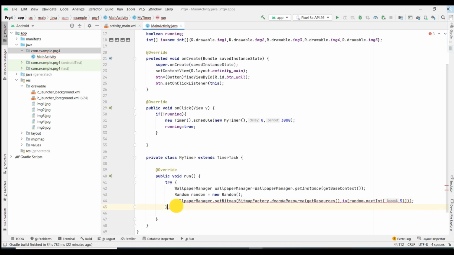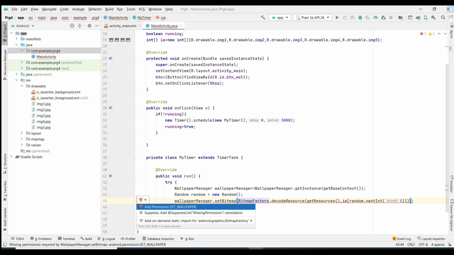And since I have made use of this try, I need to make use of catch to handle the exception. So the catch block, right? So just open that and close that. And catch of what, if it is an IOException or what, just specify that. Okay, so this is what we need to give, and here it is giving us a red mark.